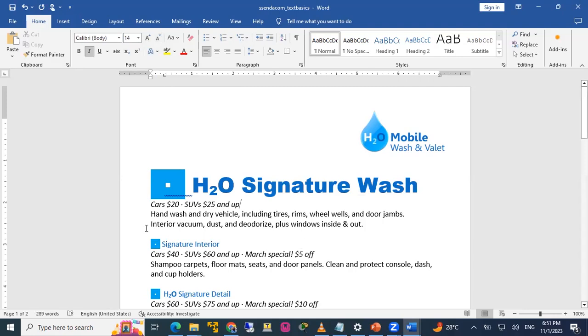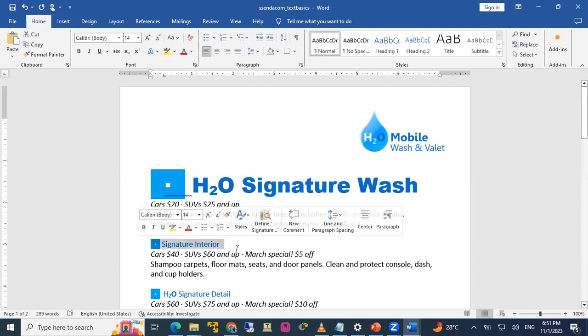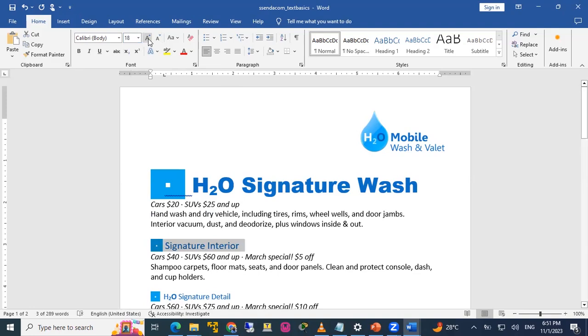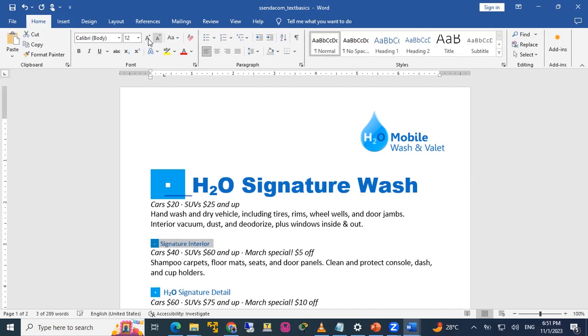So the same way I can select this, and I say it's 14, I want it to be 18. I don't have to go here and go and look at 18, even though I can do that, but I can just click here, 1, 2. It takes me to 18, the same thing. If I say, oh, now I don't want the 18, I want maybe 12. I click this until I get a 12.